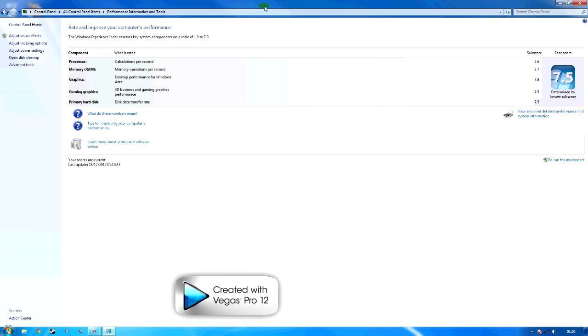What I'd do before and after you do this is take a Windows Experience Index if you're running Windows 7, and just note your scores down. Then when you clean everything up and do everything I say, you will notice a difference in these scores. Not by much, but